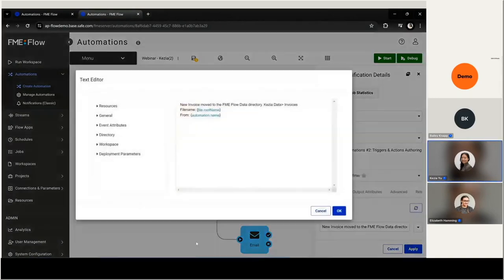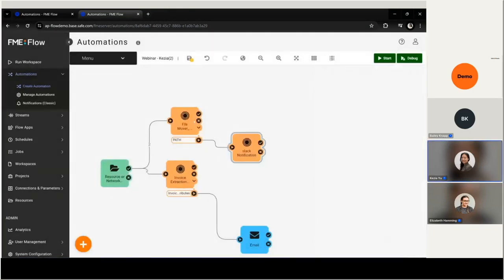Let me open the text editor, and you can build out this message. I wanted to include maybe the file name that's been moved to this directory, and also what automation this message is coming from. And these are just grabbed from these attributes in the side panel here. Apply. And splitting out these workspaces is great because you can reuse them across your automation or